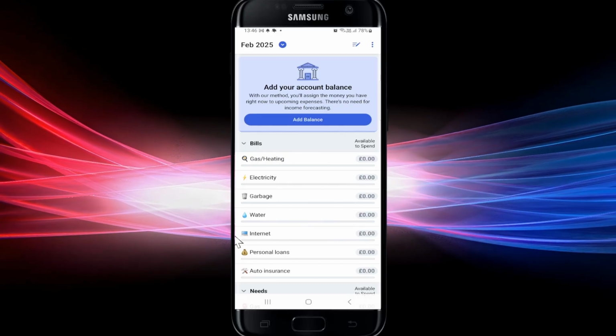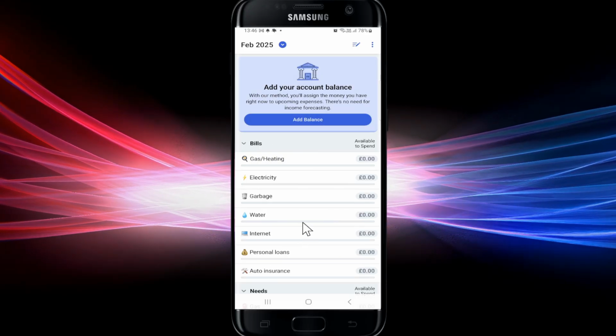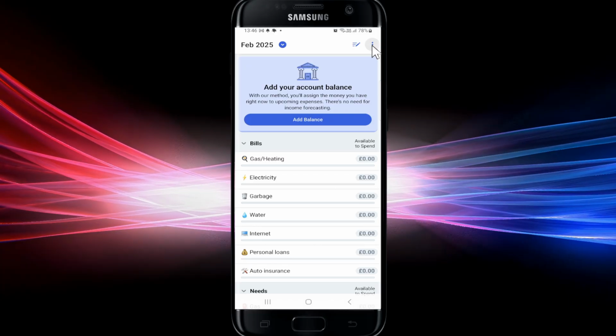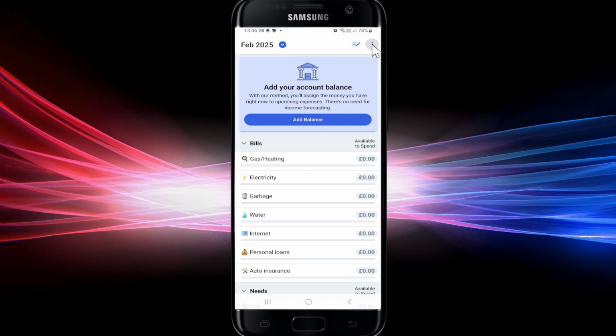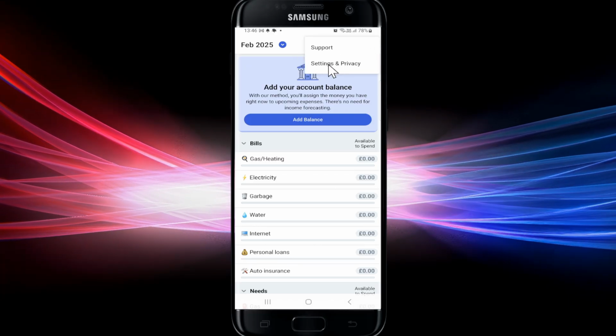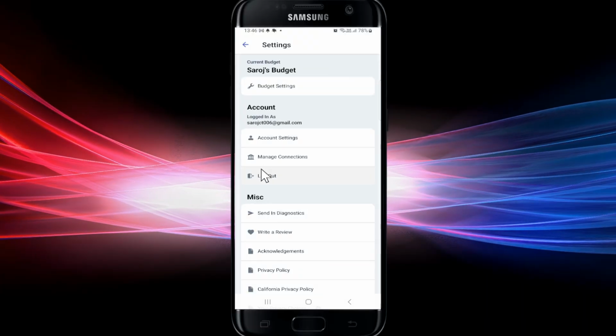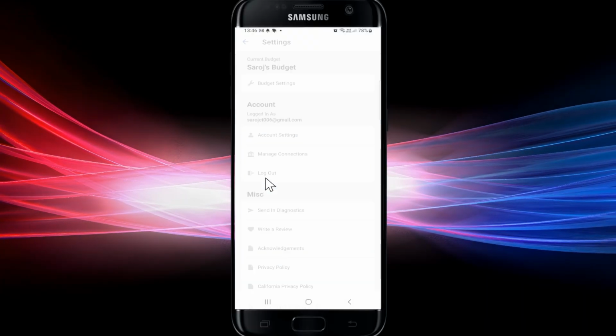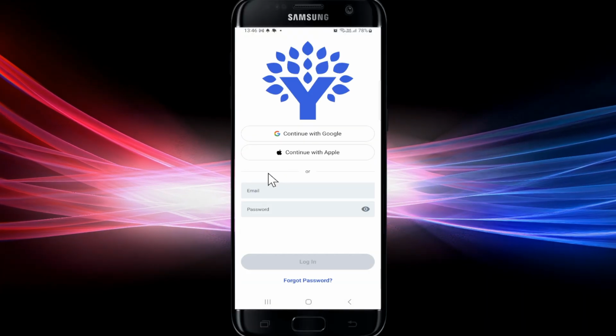Now if you have forgotten your password on the YNAB application, then in order to reset this, first of all, click on the three dots at the top right corner of the app and then go into Settings and Privacy. From here, tap on the Logout button to log out from your account, and now you will be taken into